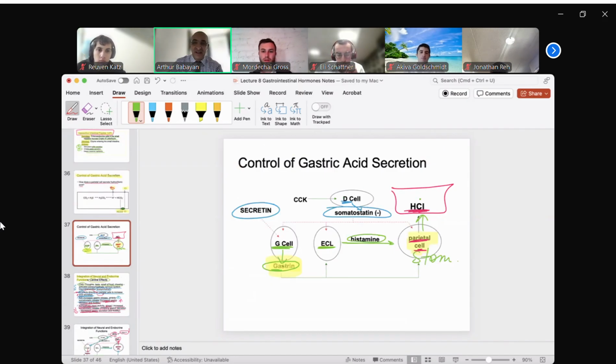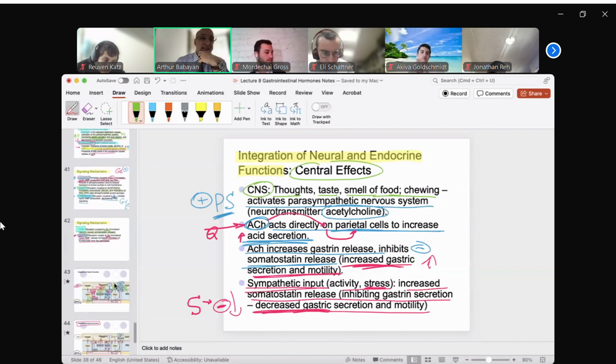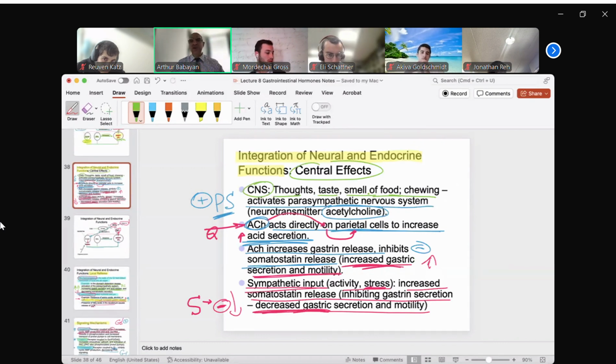Parietal cell hydrochloric acid in the stomach: histamine will be activation, somatostatin from delta cells will be inhibition, and G cells will be activation, secreting gastrin in the stomach. Integration